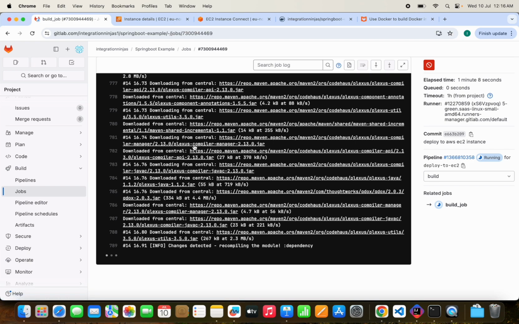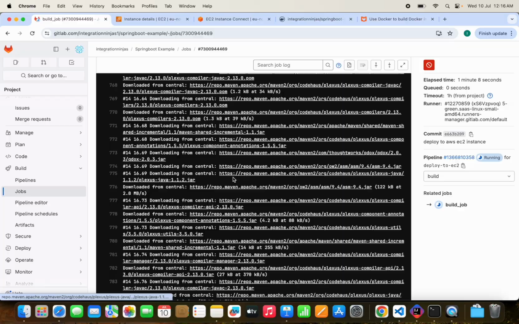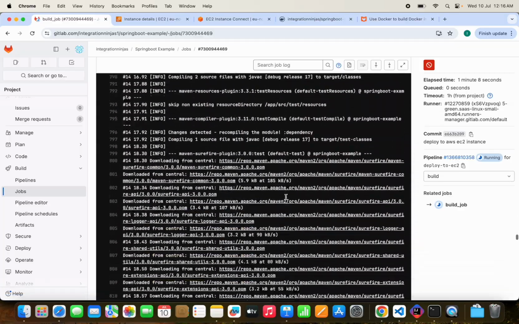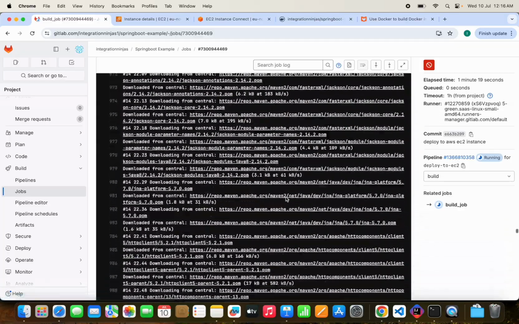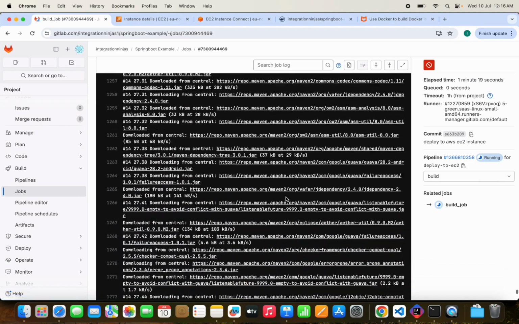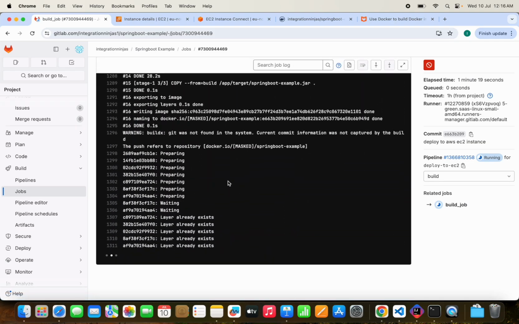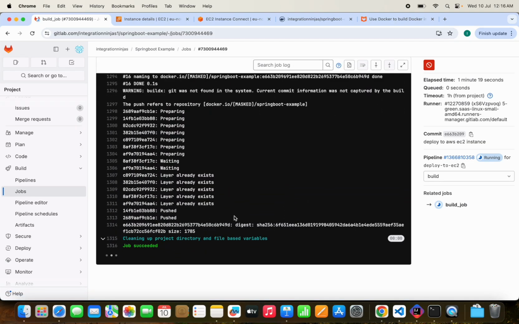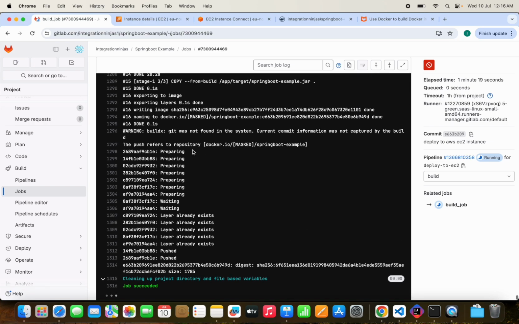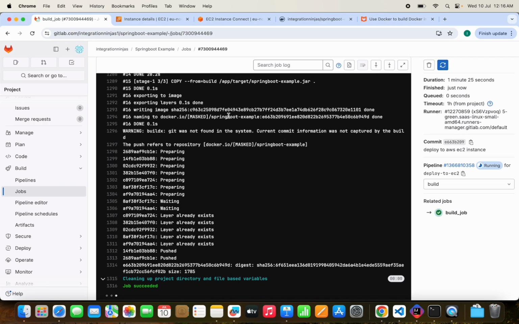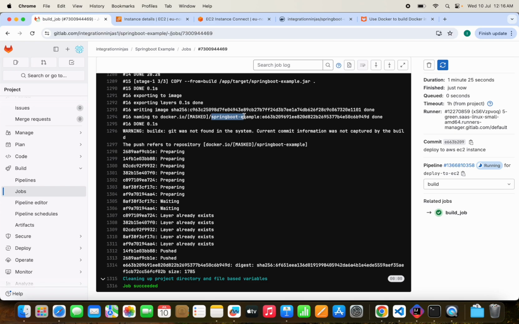So the logs are there. So internally it is downloading all the Maven dependencies for the project, and it will just create the jar file. Okay, so the build job is succeeded, and the jar file that we have created is spring boot-example and then the tag of the image. SHA is this one,